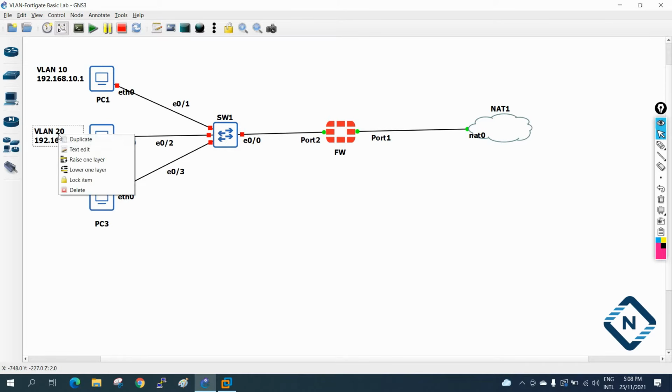Okay, and I will make this duplicate, and we will go here, we will assign here 30.1. So what we will do here, we are imagining we have three VLAN. This is a basic simple lab. Imagine you have 3 VLAN. Later if you want to create another lab with a 20 VLAN, 30 VLAN, you can do yourself.